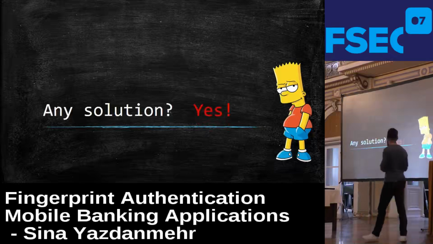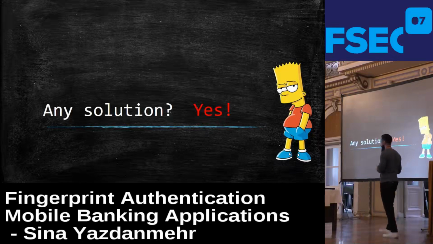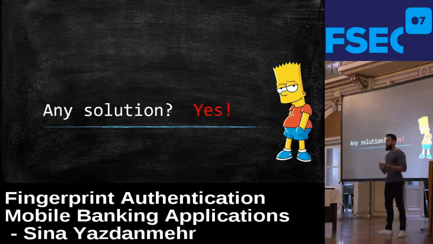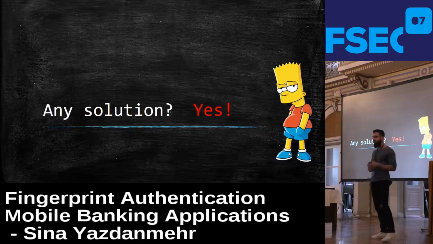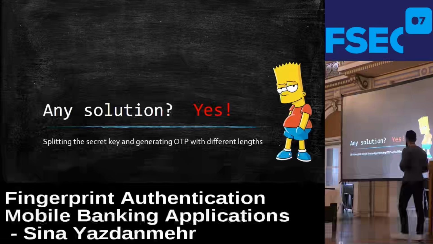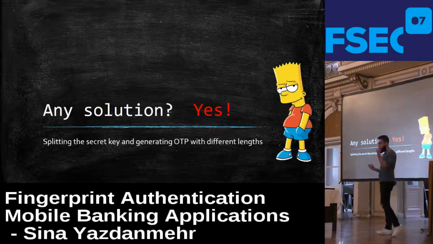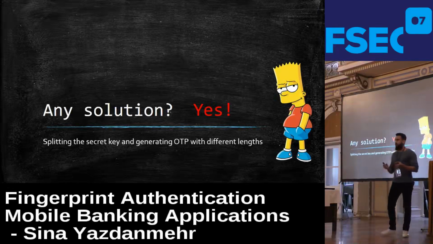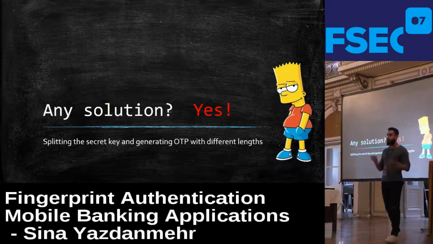But there is definitely a better solution for that, and it's easy to implement and it's secure and safe. What's that? You can easily split the secret key into different inequivalent parts